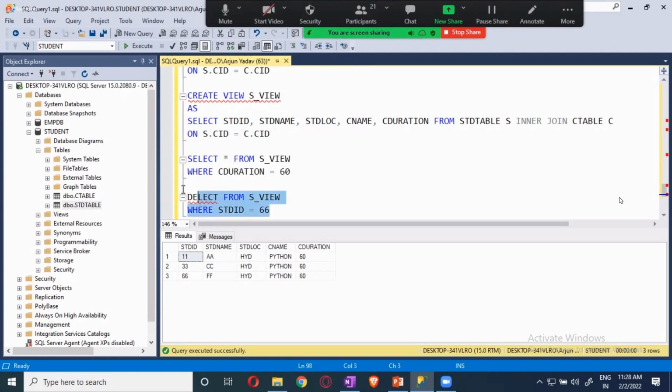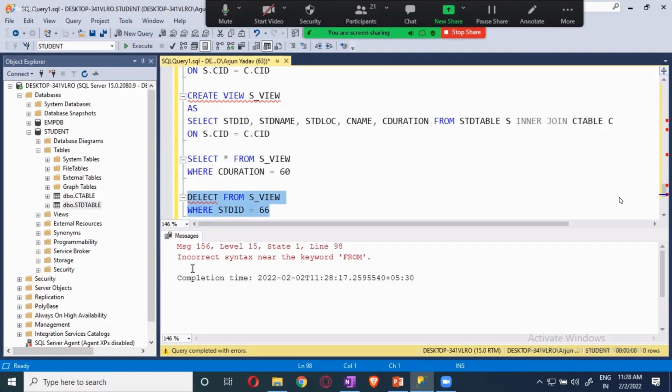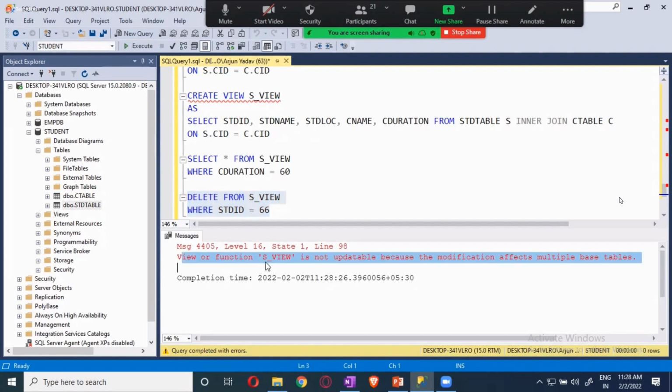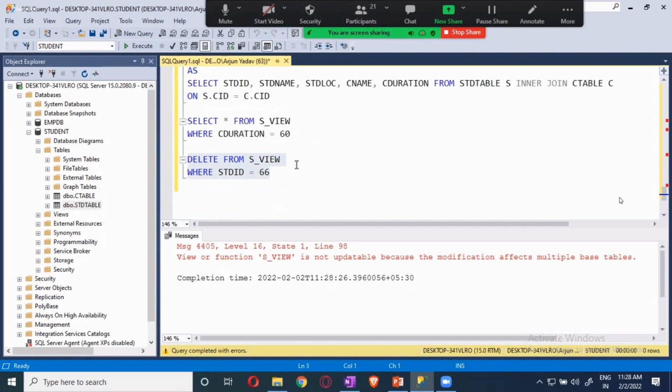Now I want to perform the delete over here. If you do this, it is not applicable. Can you see this? View or function is not updatable, because the modification affects multiple base tables. Because multiple tables are there, it is not possible for us. You can't insert, you can't delete, you can't update it.